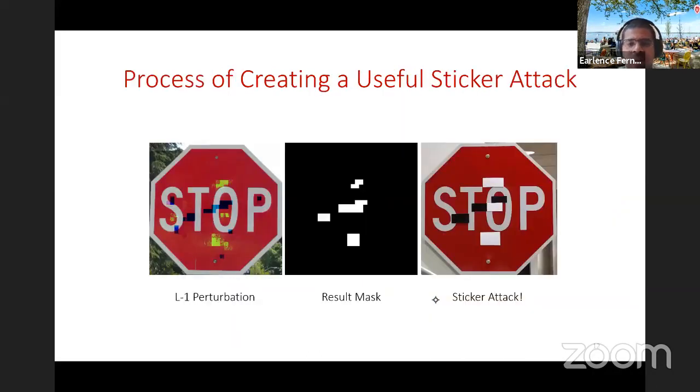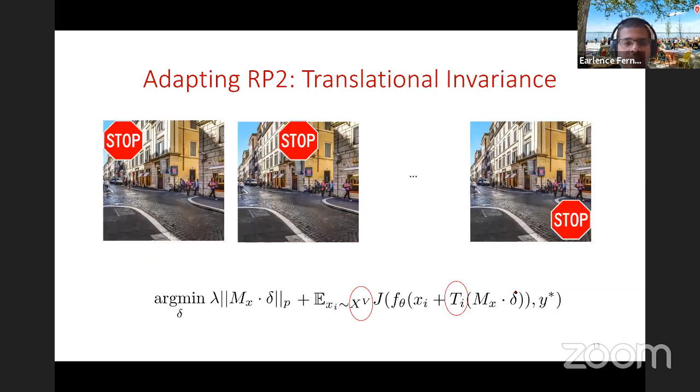Anyway, so at the end of all of this, you run all of this, you get these sticker attacks, and we did a bunch of experiments in the lab and in the physical world, and we find that they work. Okay, so that was the review. Now, it turns out attacking object detectors, at least in the context of these traffic signs, is not very different.